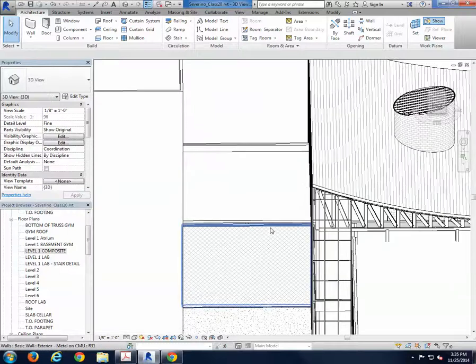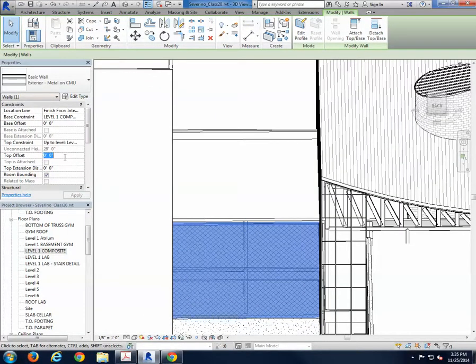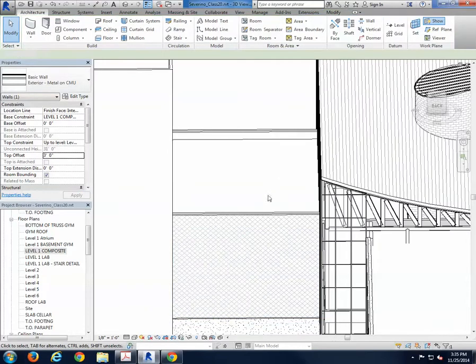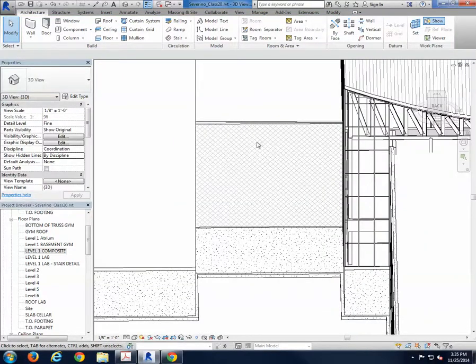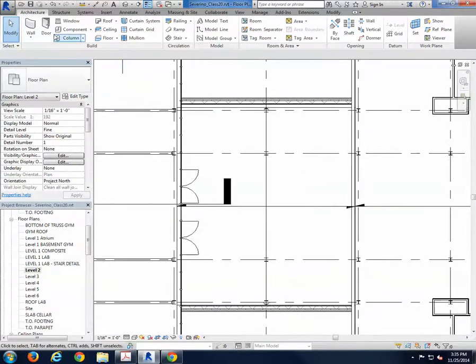So we also have to change the offset to 3 feet, so we keep the same parapet height as the other wall. There we go. I'm also going to place 2 windows here, windows that we have made already in level 2. So in level 2, I'm going to go to window,